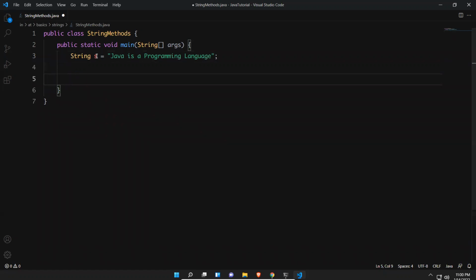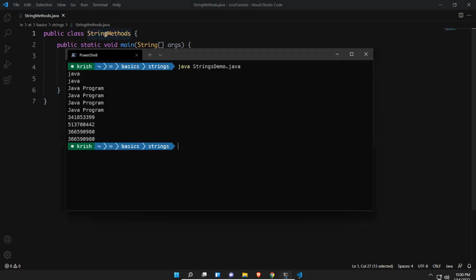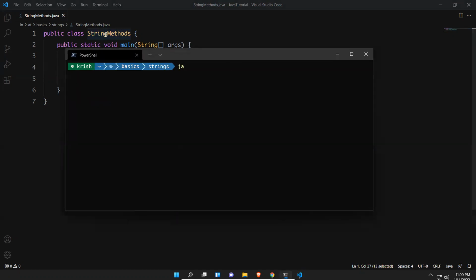Okay, Java is a programming language. Now I'll try to print this first, to see whether it is printing or not. Yes, it is printing as is: Java is a programming language.